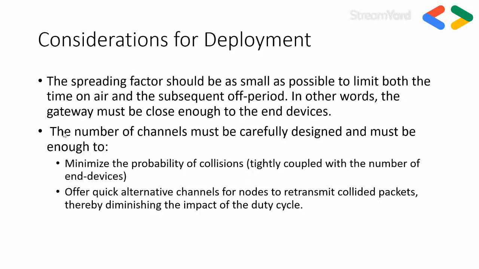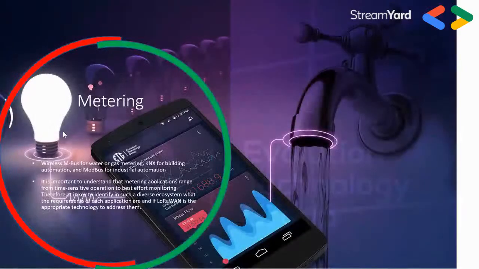If two devices send a packet at the same time and they collide, what happens is that they will just wait for some time and send again. They might collide again. So this collision really hinders the reliability of the protocol, and it cannot be used for real-time applications with very tight time constraints.